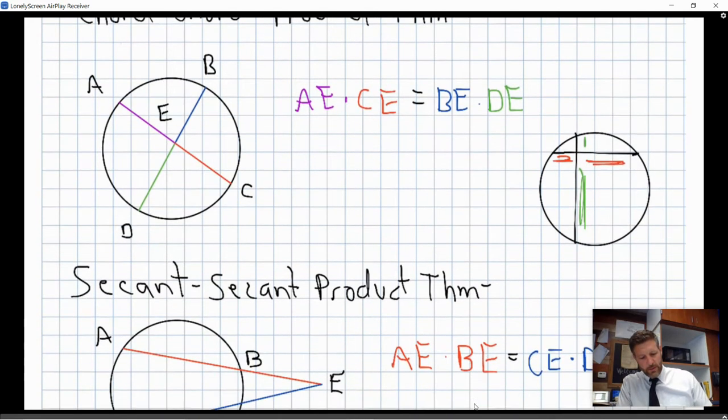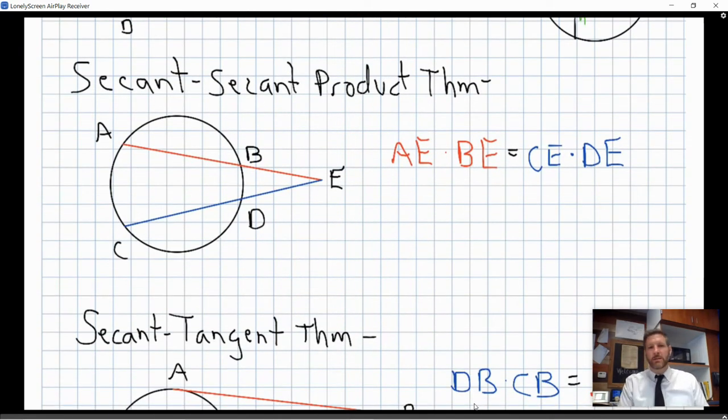Okay, so let's look at another one. This is called the secant product theorem. And so now we have not chords from edge to edge, but a secant that's passing through the outer line of the circle. And so the way that this product works is similar to the other one, but not quite. It basically says that the product of the entire chord, A to E, times